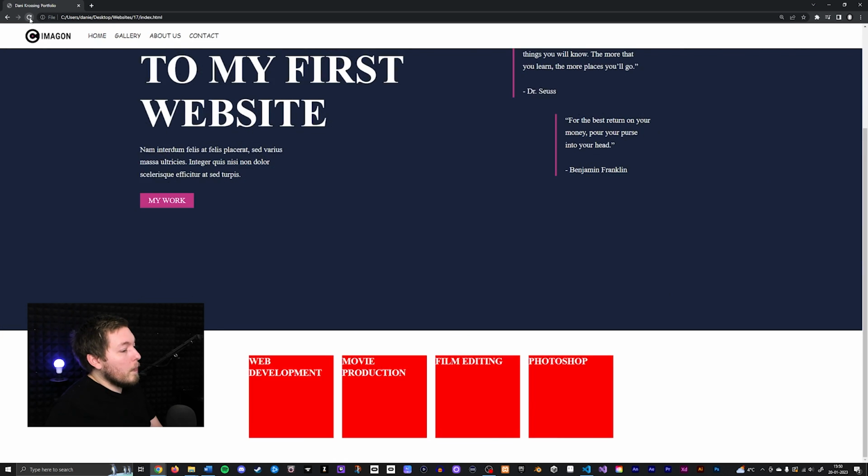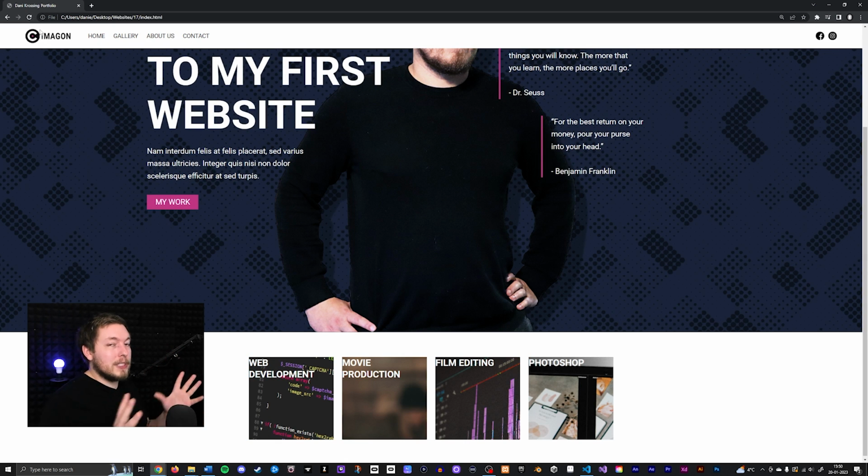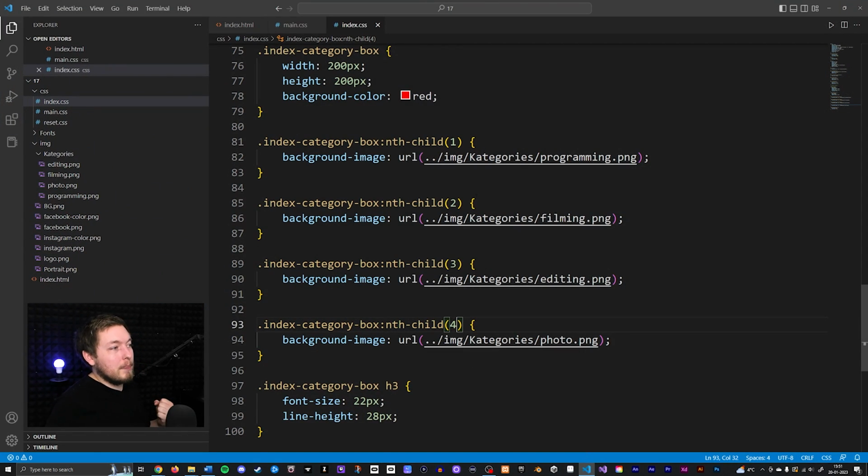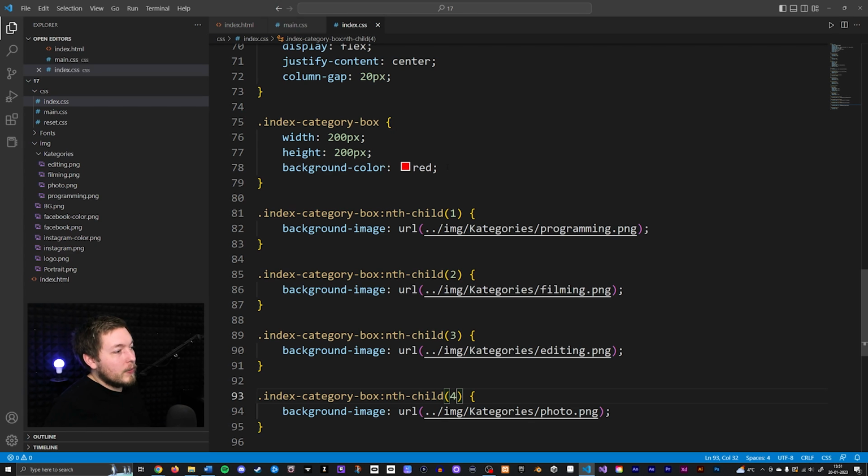So with that, we can go back in here, and as you can see, now they all have different styling. However, they are scaled wrong because the background images don't have any sort of background scaling. So I'm going to go back inside my index category box up here. I'm going to make the color into a darker version. So we could just go ahead and say 111, just to give it some sort of background color. So if one of these images fail, then we do still have a background color to fill in that sort